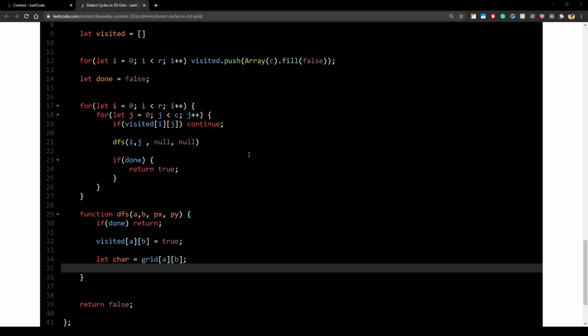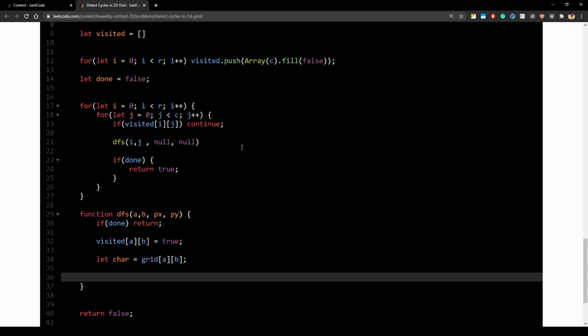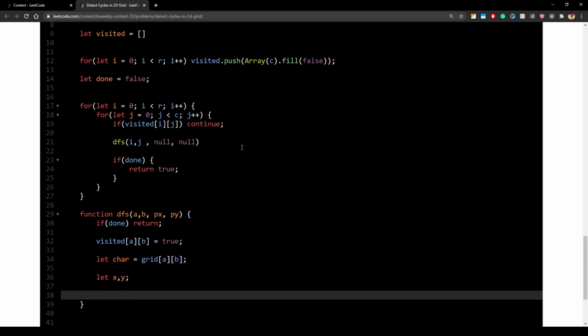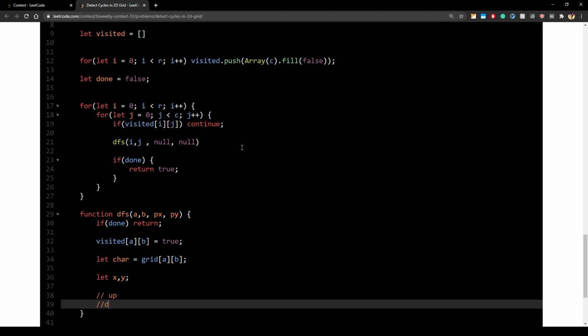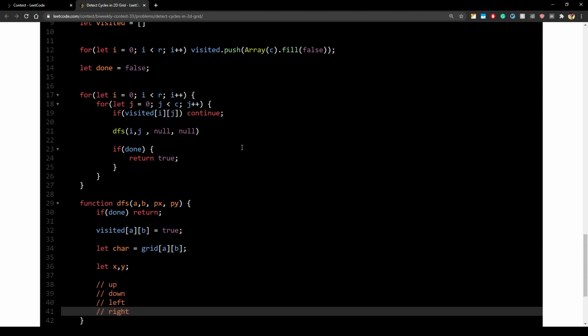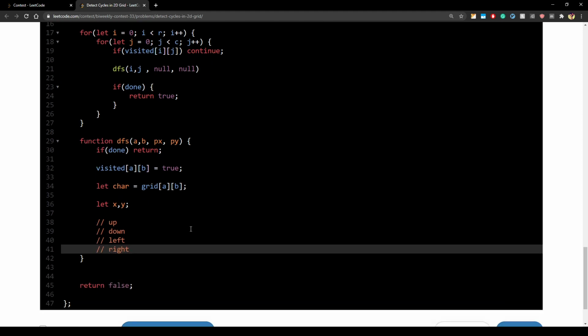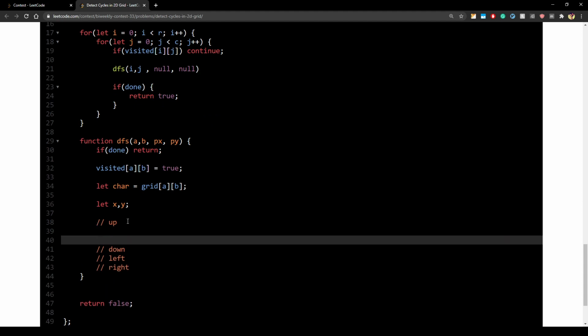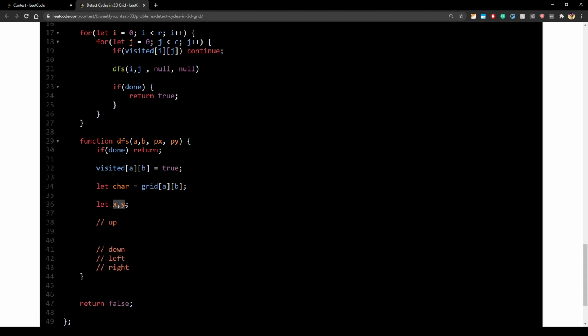Done. Right, now I need to go in 4 directions. You can use a loop as well, but I'll just write those 4 directions here right now. Those 4 directions will be up, down, left, and then right. I'll do this for all the directions, and we will do DFS in all those directions. So these are the coordinates for the point to which I'll go from a comma b, right?